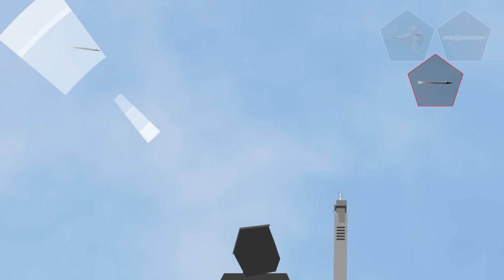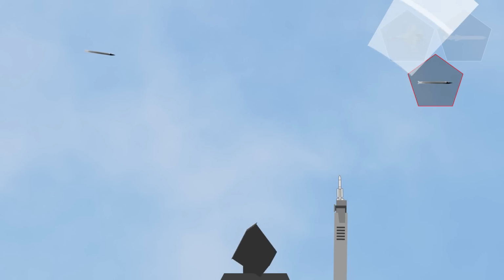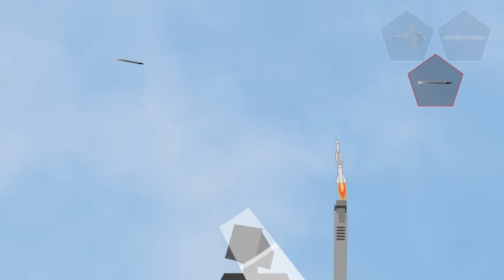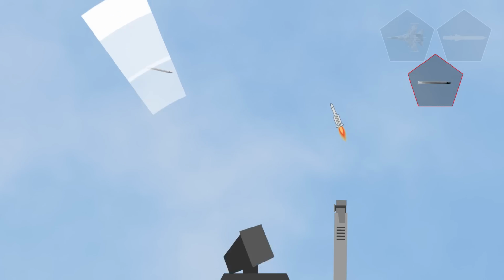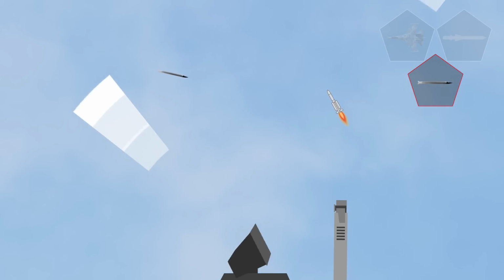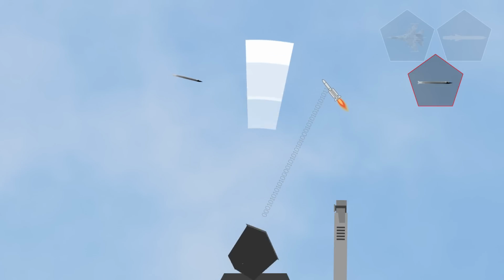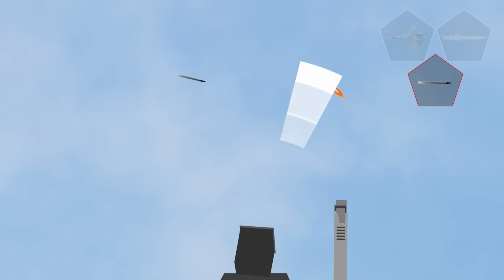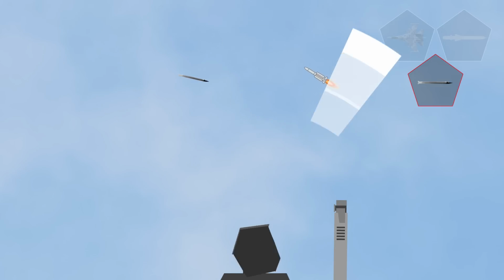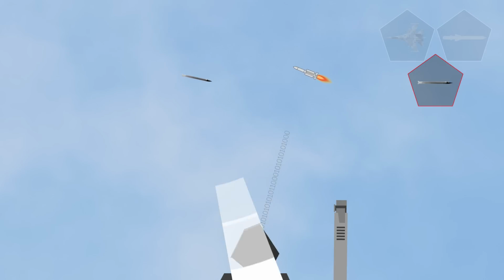When the conditions are right, the operator decides to fire an Aster missile. After a rapid acceleration lasting a few seconds, the booster runs out of propellant. The terminal stage of the Aster missile ignites, and it continues flying toward the target. On its course towards its target, the Aster missile regularly receives information from the radar on the ground, mainly to counter possible escape maneuvers of the target.